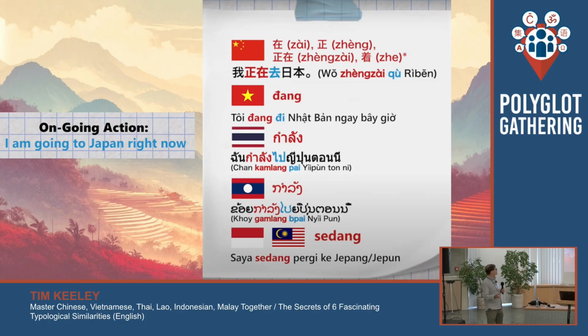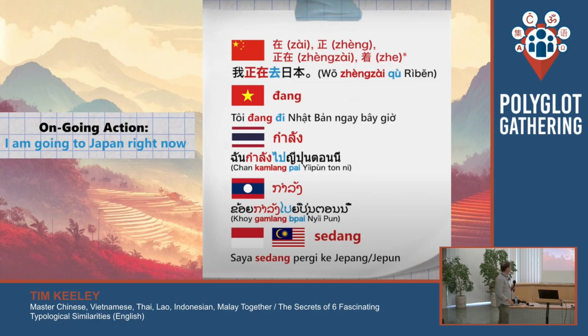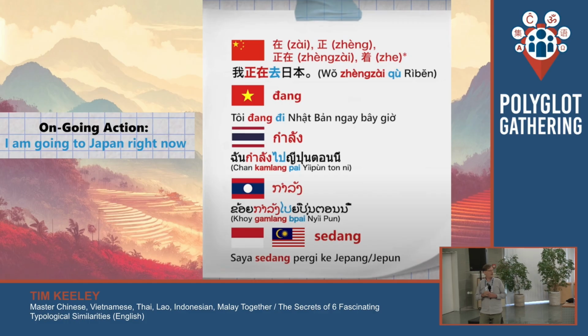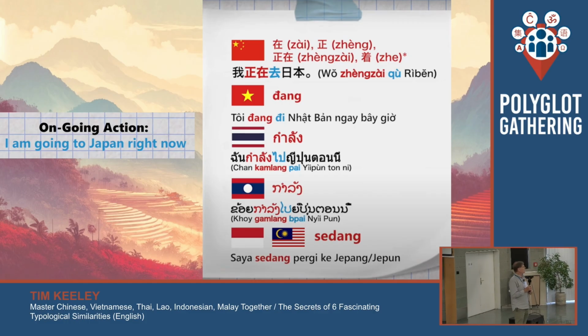And then, yeah, I think I explained the meaning later. I must have it later, so I'll wait for a minute on that one. Okay, and then, so Vietnamese uses dang, all right? So, đang đi Nhật Bản,